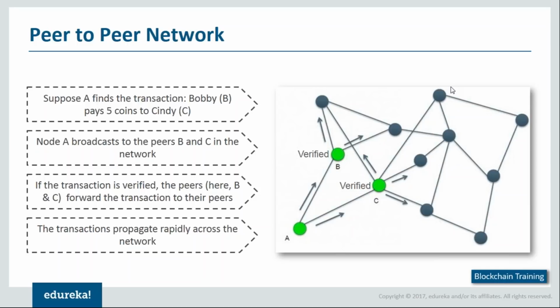Ajay has another question here. Ajay is asking me what exactly gets propagated here. Okay, Ajay, what gets propagated here is a digital signature telling everyone as part of the network that a transaction has taken place and the ledger needs to get updated. That is, you need to deduct 5 bitcoins from Bobby's account and it has to be updated in Cindy's account. So that's exactly what gets propagated, and everyone who's part of the blockchain gets this propagation data. Okay, does that answer your question, Ajay?